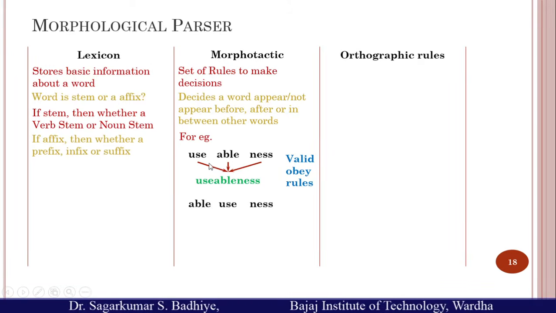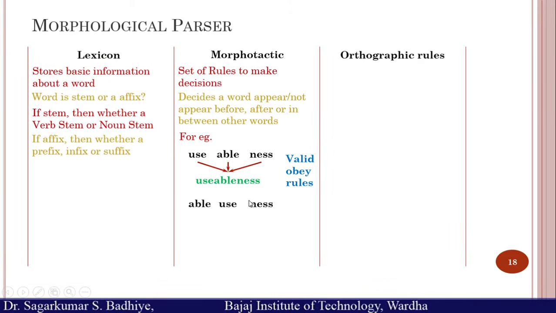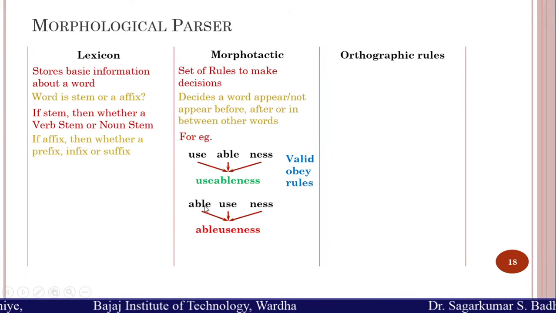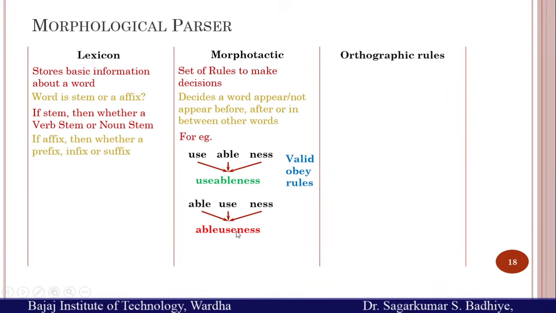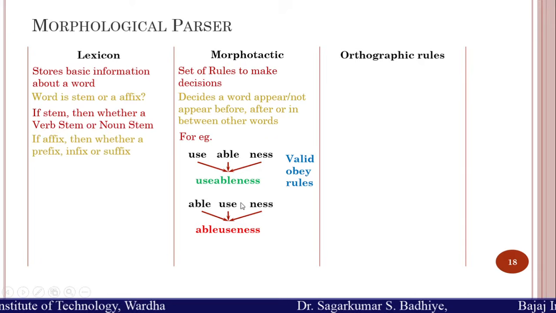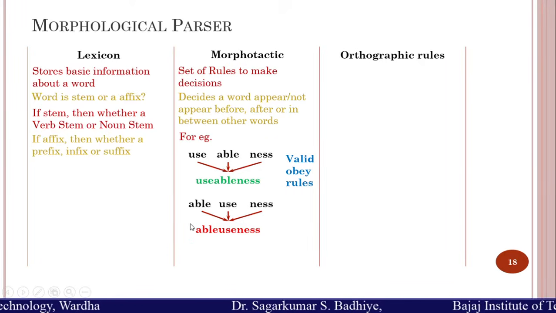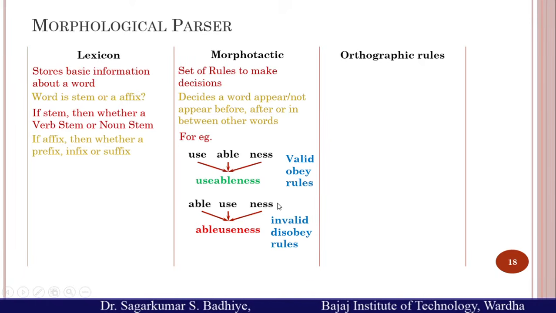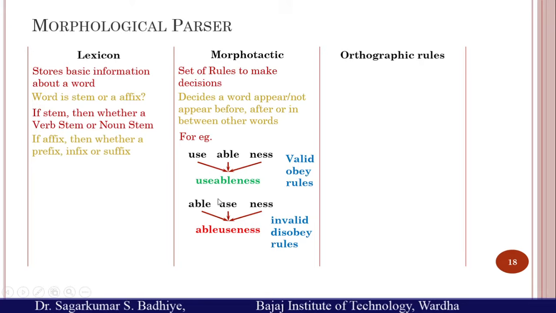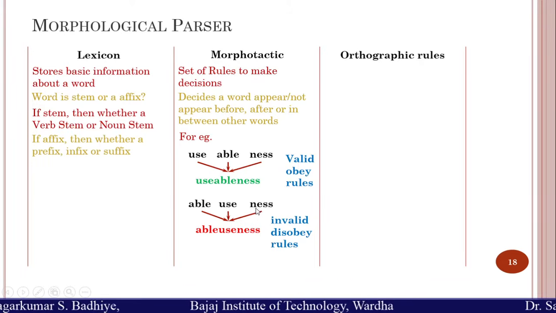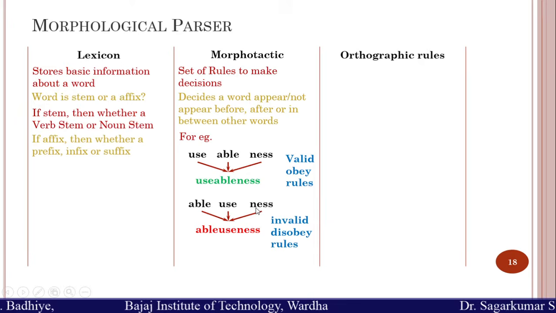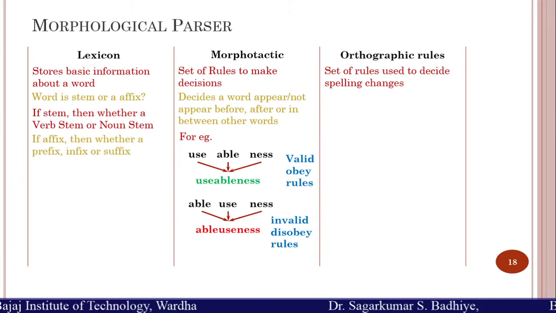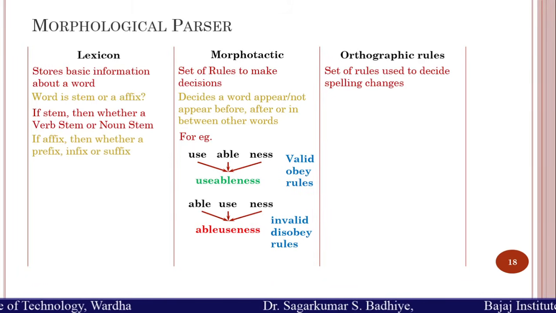Whereas if you arrange these three words as able useness, then the word that would be formed is ableuseness. Here, able is not allowed to act as a prefix of use, and ness is not allowed to act as a suffix of use. This word does not obey the rules of morphotactics, therefore it is invalid. Right? This word cannot be formed. So such kind of rules that decide whether a word could appear before, after, or in between certain words are called morphotactics. And orthographic rules are a set of rules that are used to decide the changes